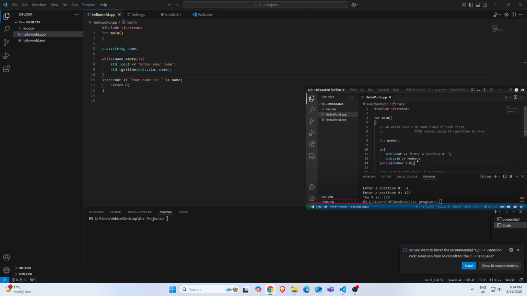One good use of a do while loop that comes to mind, maybe we're playing a game. We would like to run the game once. At the end of the game, a user can choose if they would like to play again. Based on the user's input, if they would like to play again, we can run the game one more time,